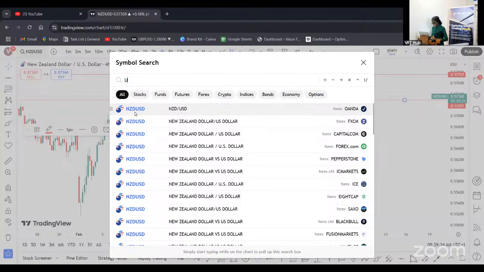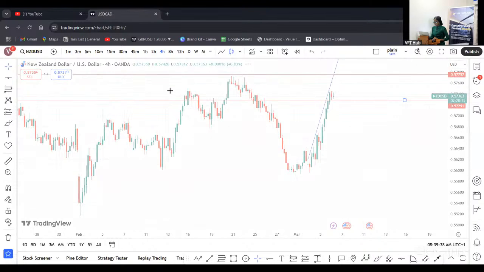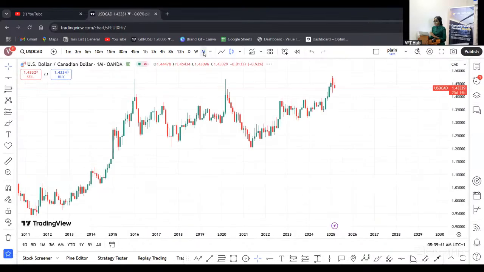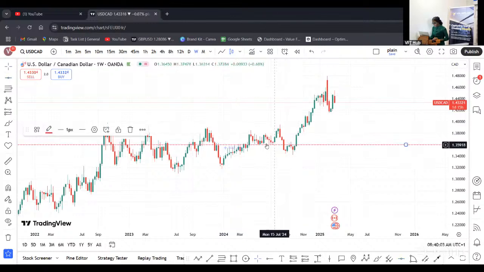Last on my list being USD CAD. So on the monthly time frame for USD CAD, you can see that price is bullish, right? Breaking even higher. And on the weekly time frame, pretty much the same thing. We can see that price is breaking even higher. But something pretty interesting to take note of: I can see the box pattern here, shoulder, sweep, break. All I want to see is some retracement into 1.35972